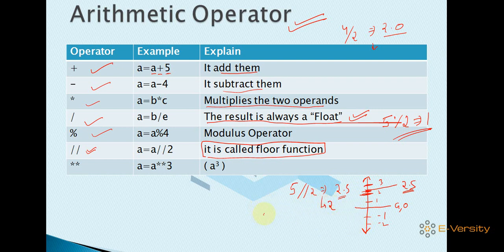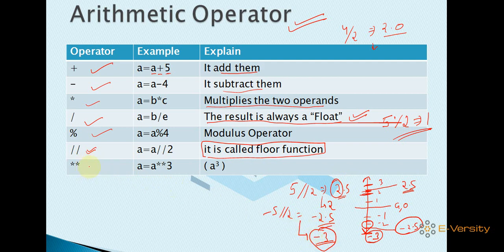Okay, and if I'm writing -5 floor 2, it is giving -2.5. So -2.5 is somewhere here. Suppose this is the 3, so -2.5 is here. So the floor is -3, because -2 is now the roof, so the answer is -3. You must remember one thing: when you are using the floor function, it divides completely and takes the floor value. For a positive number it just gives the lower integer, and if the number is negative, the output is the lower one, like -3.